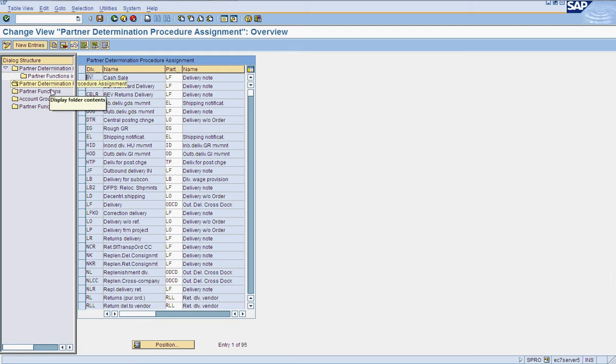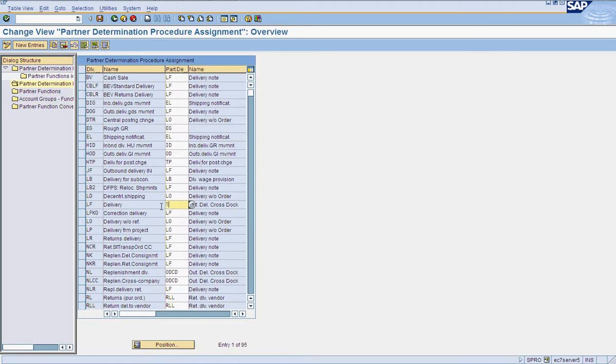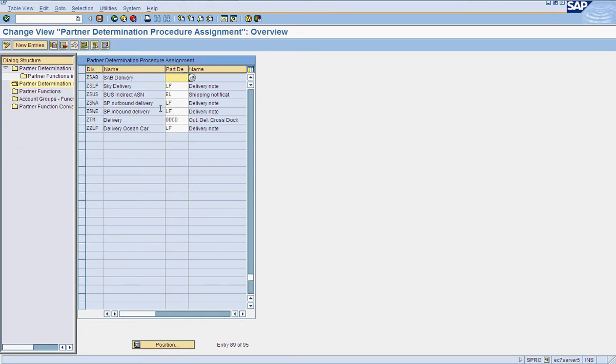Partner determination procedure assignment. Yes, we will be using LF. Someone has changed for standard SAP. Let's set it back. For Z SAP delivery, we have LF as partner determination.